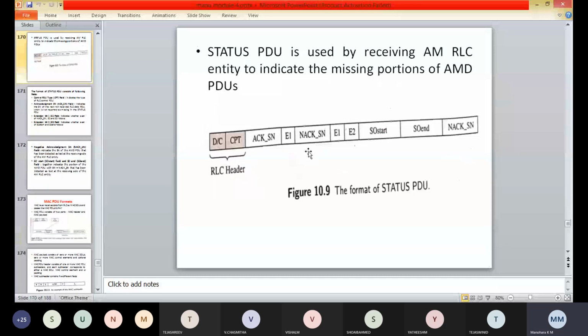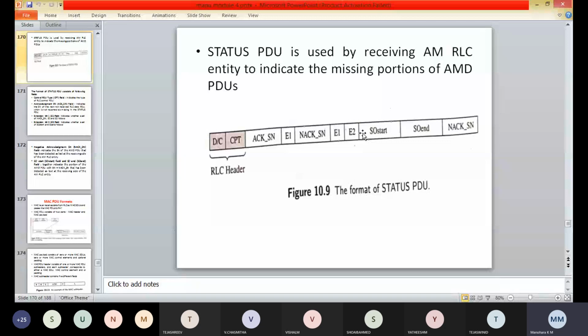It denotes the format of the status PDU. That is the RLC header, that is the data control field, the control PDU type field, that is CPT, the ACK field, the extension fields, extension bit 1 and 2, that is E1 and E2, the NACK, that is non-acknowledgement, SN field, the SO start field, and the SO end field.